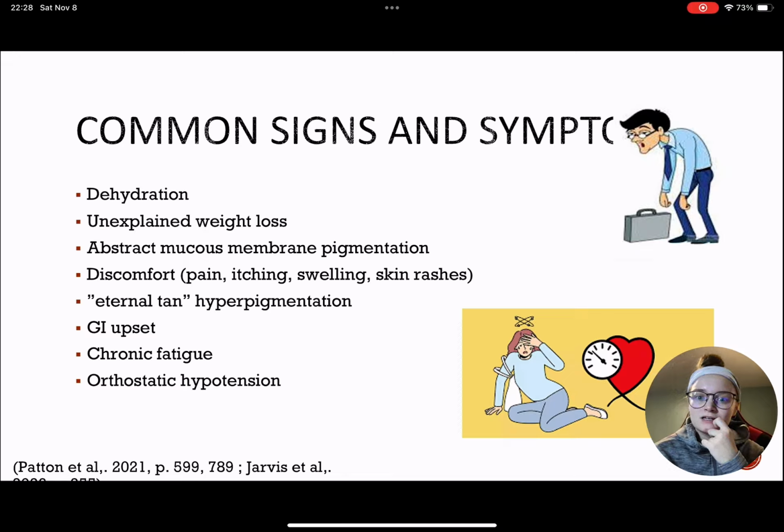And then we have some unexplained weight loss. Unexplained, I say that very sparingly. So since it's chronic and it's a very prolonged condition, and it's also a very slow onset, let's say over 3 months, a patient is not going to automatically assume, oh my gosh, I lost 1 pound this entire week. I have Addison's. No, so it's going to be prolonged over, let's say, like 3, 4, 5, maybe 6 months to like a year. We're going to see a drop in their weight, and that can actually be explained by their loss of appetite.